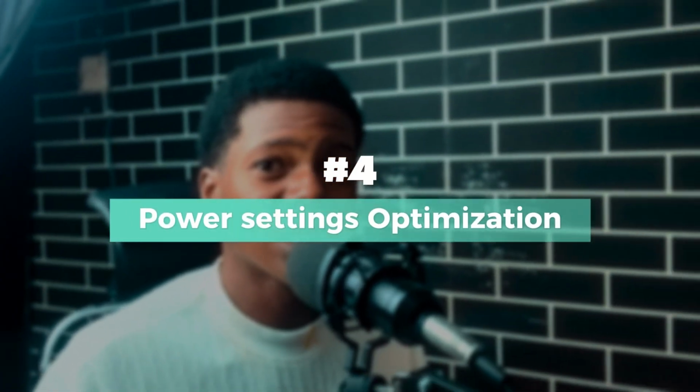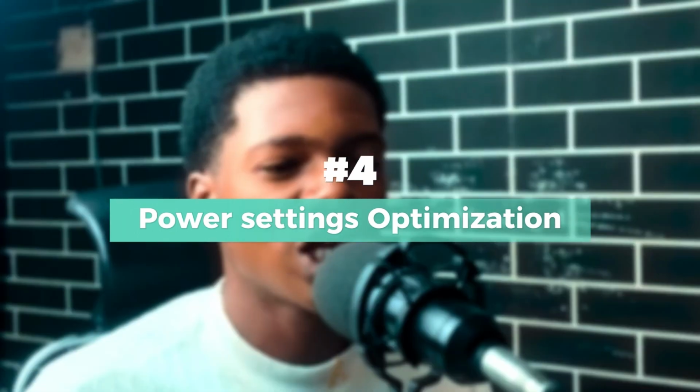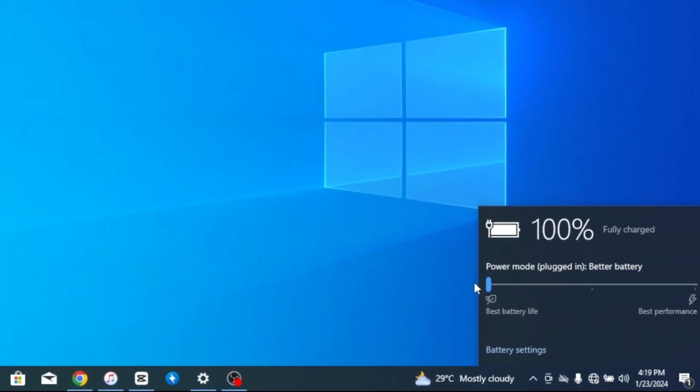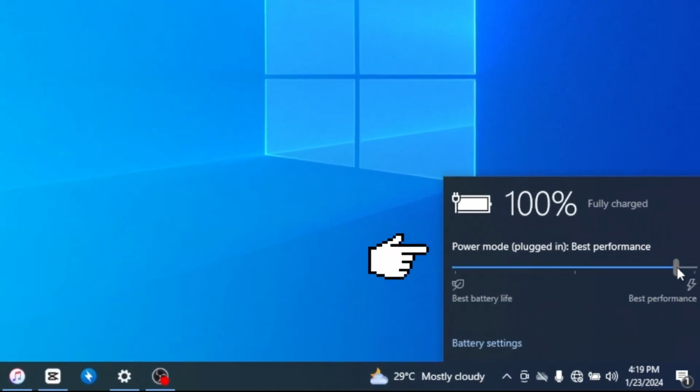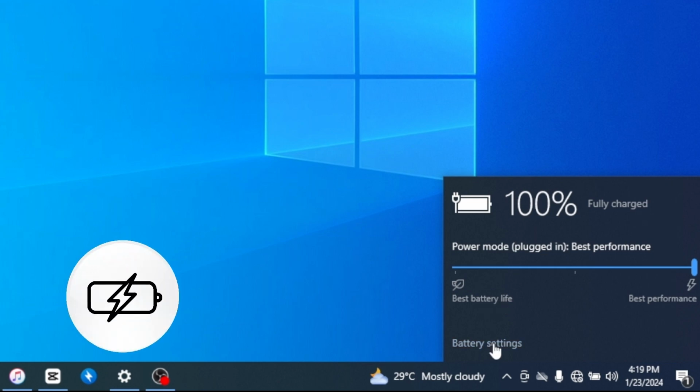Over to the next one, which is power setting optimization. Now, it's really annoying because by default it's on the worst performance. It's usually on the worst, or almost the worst, if your PC is not a high-end PC. It's a setting on your PC that lets it adjust its performance depending on its condition. So when it's plugged in, or when it's low, or when it's full, or when it's not connected to the